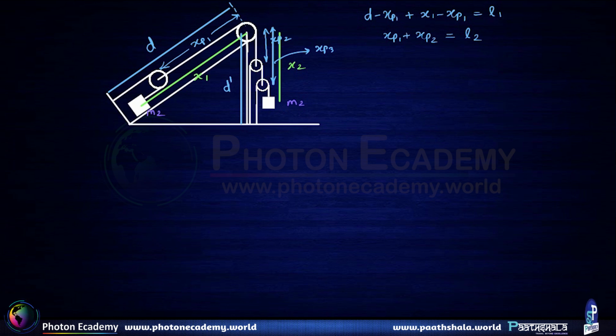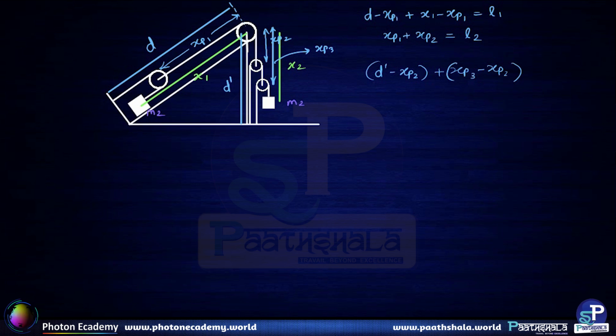So what do we get? We get d dash minus xp2 plus xp3 minus xp2. So this is basically going to be equal to L3,